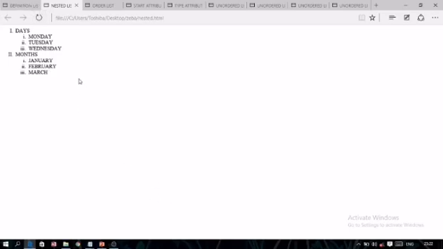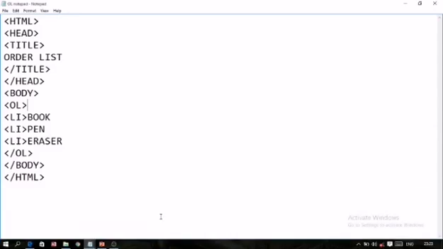Now the question is how we have to write the program for creating this list. It's very simple and easy. You just have to understand the concept. First you have to see how many lists we actually have. Here we have 3 lists. The first list has 2 list items, days and months. That is the main list. Then the second list is where we have the names of the days. And the third list is where we have the names of the months. So in total we have 3 lists here, and here we have used only the ordered list. Now I will show you how the program has to be written for this.